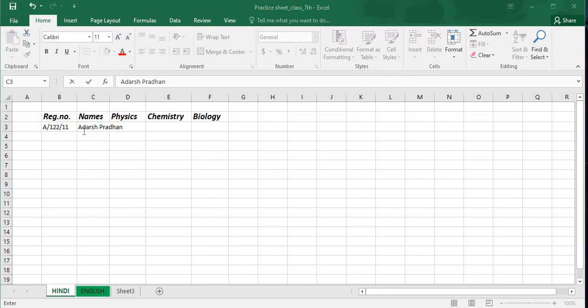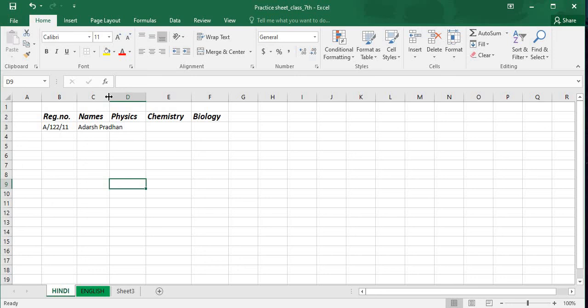Now you are seeing that this name is long, so we can change the width of this column by placing the cursor between C and D. When you place the cursor between C and D, the cursor will change into a plus sign. You can see here, this is a different cursor, but when we place the cursor between C and D, it will change into a plus sign.